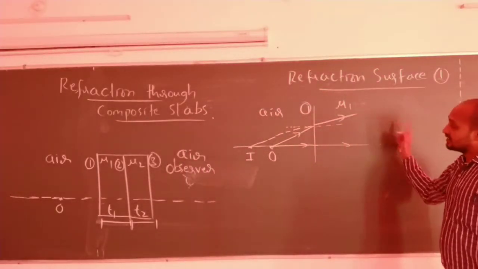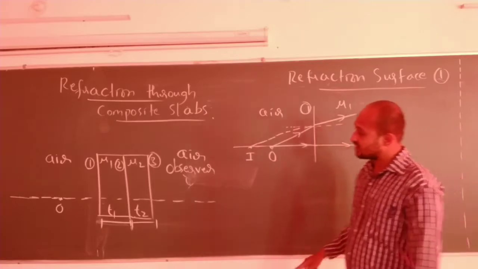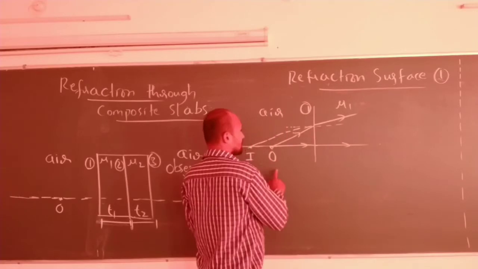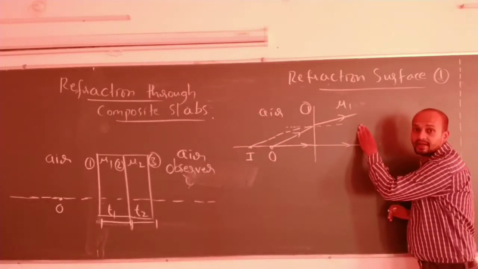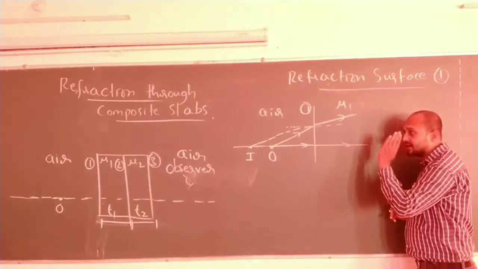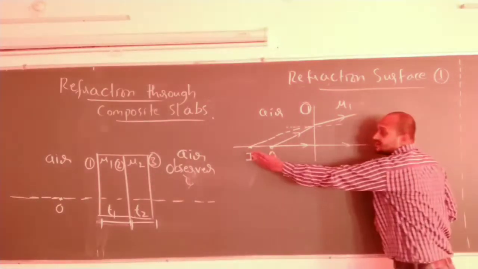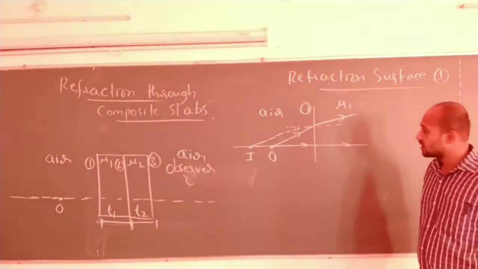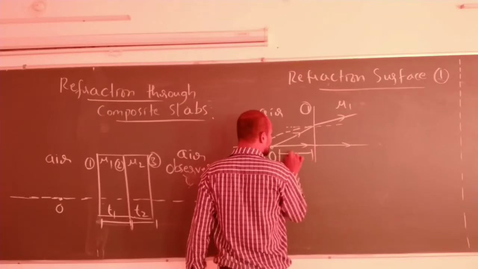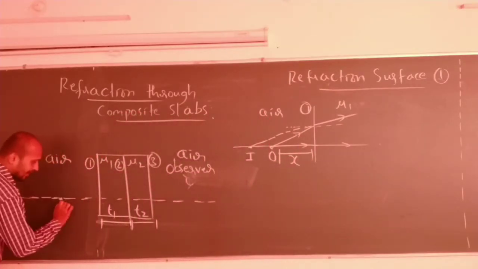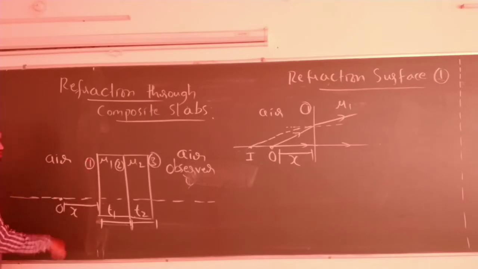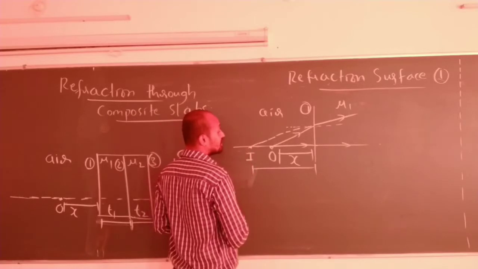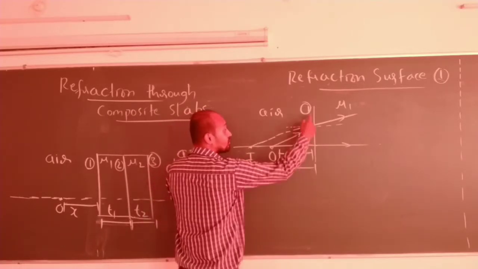Now, see here, in this case, this is mu1 having thickness how much? T1. That will come later. What I want to tell, if an observer is inside this mu1 medium, he will see this object O at point I. Yes or no? Correct now? If I take the distance as x from the first surface, what will be this surface distance?